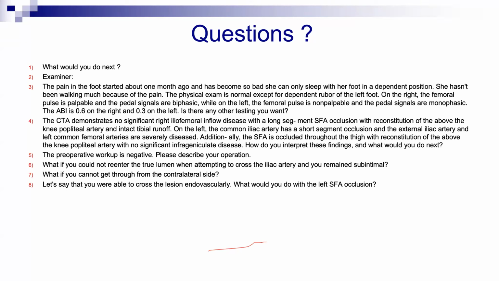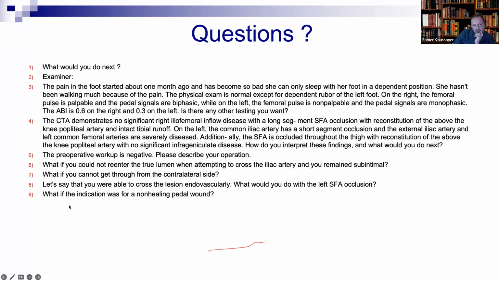Concerning the bypass, maybe it will get thrombosed if there is not good back flow. No. Profunda is more than enough. Profunda is better than SFA, by the way. Profunda is the best artery in your body. Sometimes you see the SFA is occluded, the common femoral is occluded, but the profunda is still open. So if you have good flow to the profunda, you are fine. Don't worry about SFA. SFA is useless. So if you have rest pain, as we said, fine. If it has tissue loss, then you have to open the SFA.